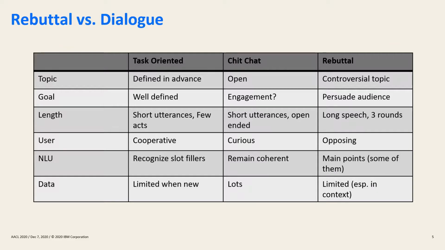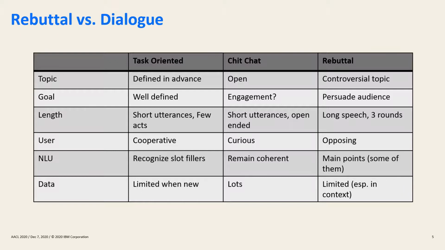In terms of the natural language understanding task, the main thing in a task-oriented system is to recognize the slot fillers and to fill in the correct slot so it can make the correct reservation. For chit-chat systems, it's also quite open, mainly to remain coherent. And in the rebuttal task, it's arguably a deeper and more complex natural language understanding task. We're trying to understand what were the main points, or at least some of them, that were made by the